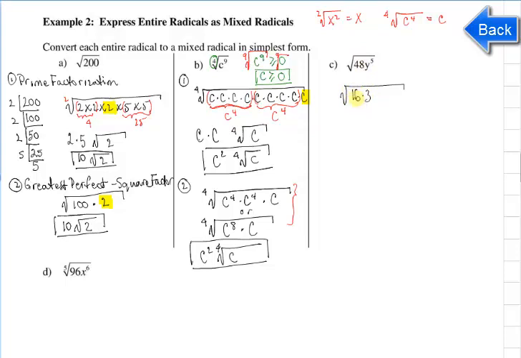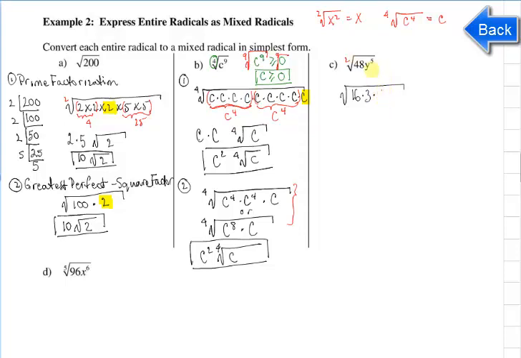And I'm also going to rewrite my y to the 5 in the same manner that I did on the second step on b. Okay, so my index is a 2. What I want to know is how many times does 2 go into 5 evenly, and it goes into 5 evenly 2 times, right? So I'm going to say, okay, well, 2 times 2 is 4, so I have a